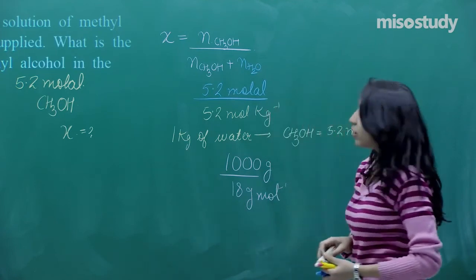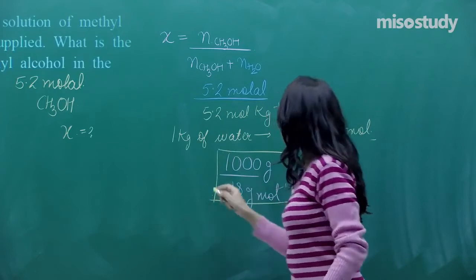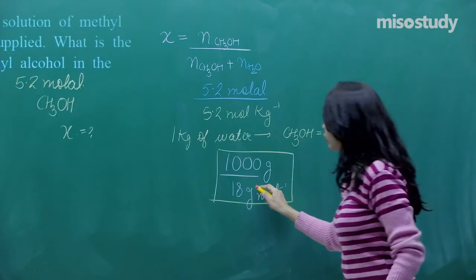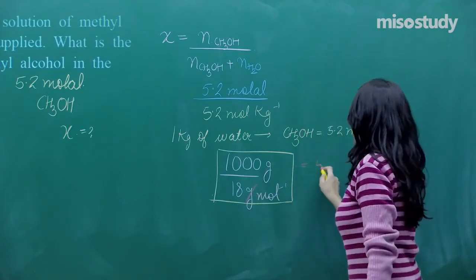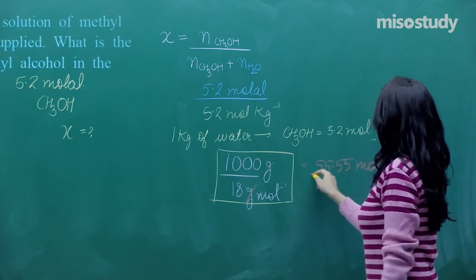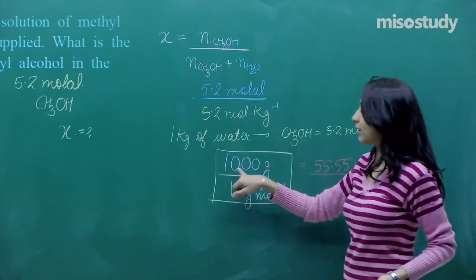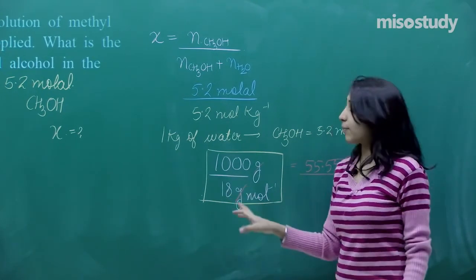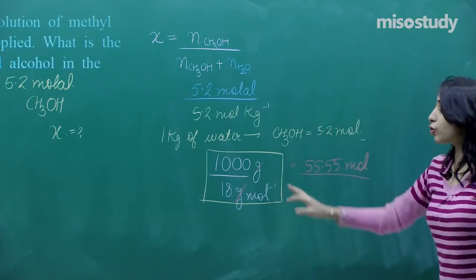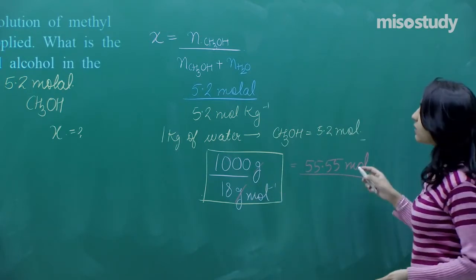18 grams per mole. So guys, this calculation, okay, listen to me carefully. This 1000 by 18 will be repeated so many number of times in the paper that you should now remember the value, and this is 55.55 moles. Okay, it will be repeated again and again. So it's better that you should remember. Like sometimes you will get 100 by 18. Okay, sometimes you may get 50 by 9. So these approximate values will be given. So you can correlate them here and you should remember the answer. Okay. Now guys, moving further.